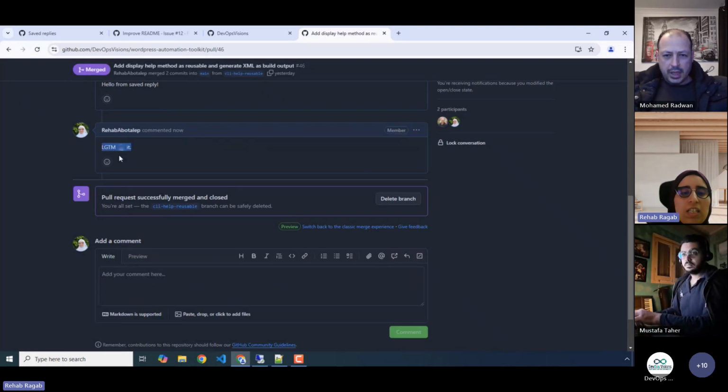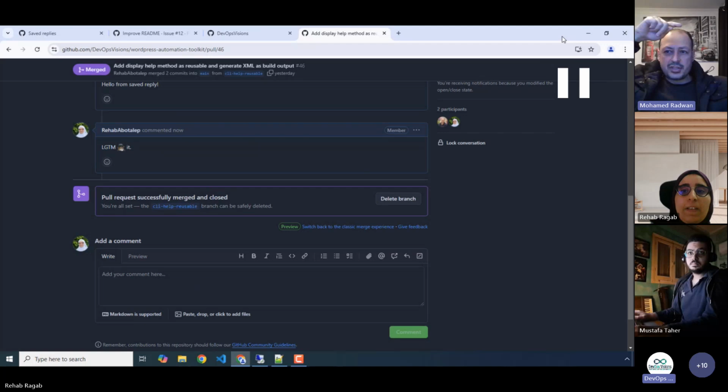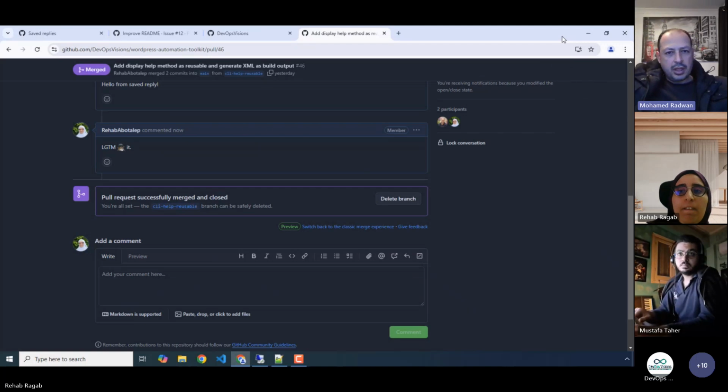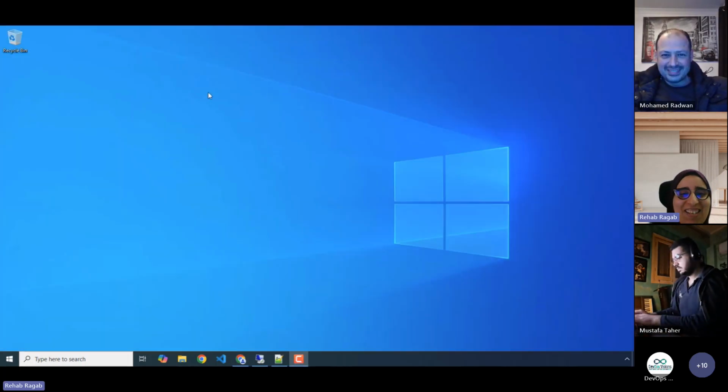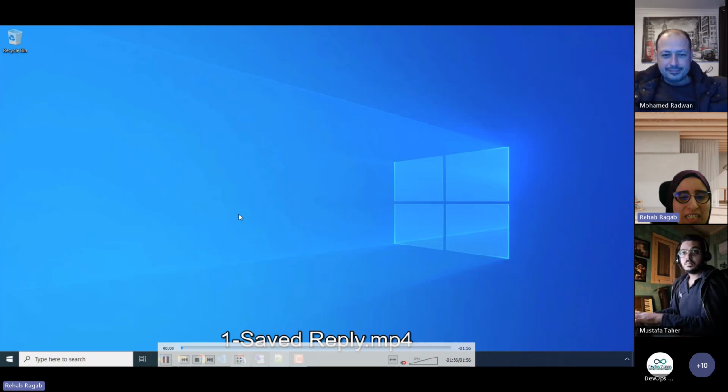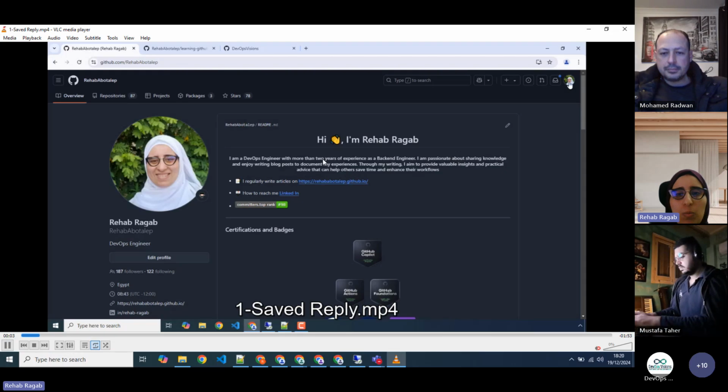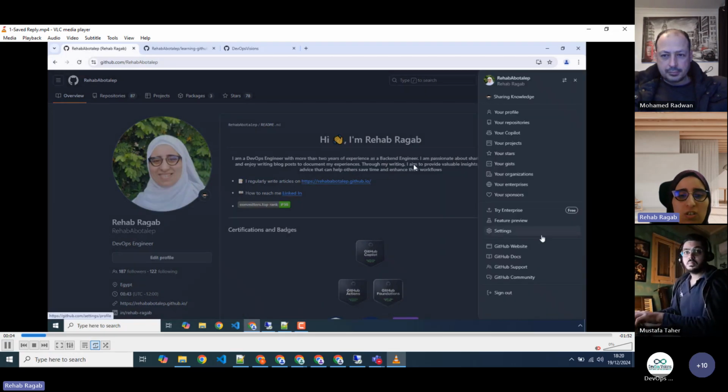We can see that saved replies have a filter, so if you have many, you can filter them very quickly. And that's it for the first scenario: creating a saved reply and reusing it across your repositories.